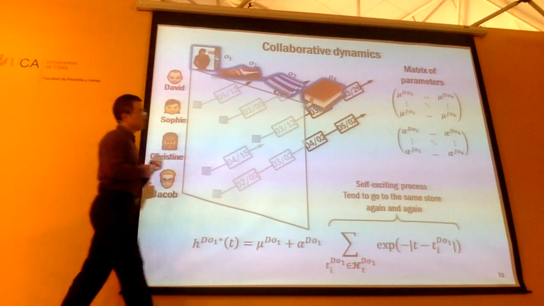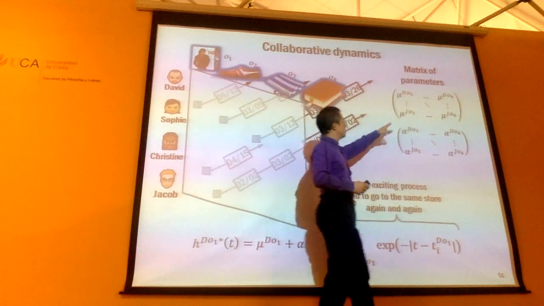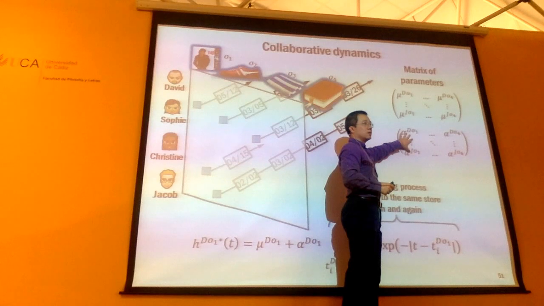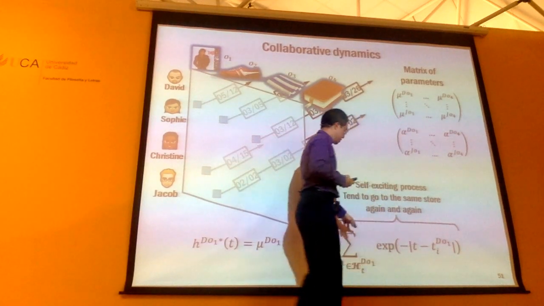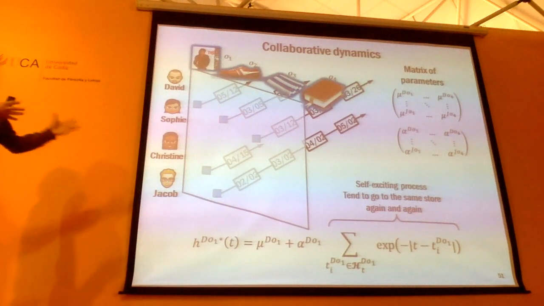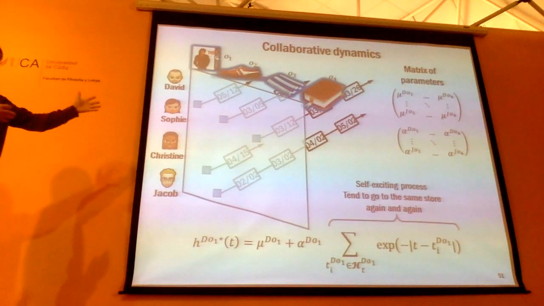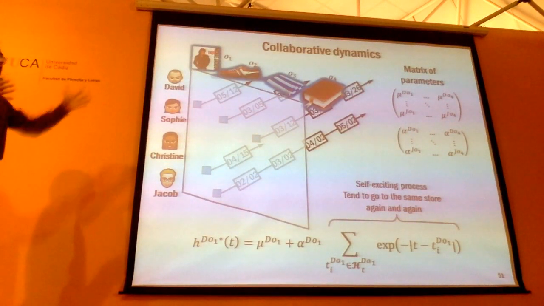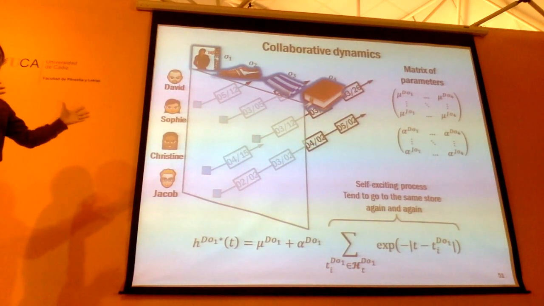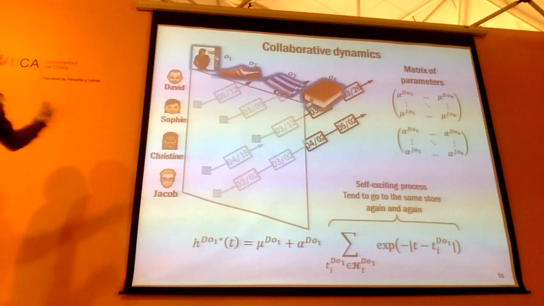The first matrix is going to correspond to this parameter in this Poisson process. The second collection of parameters is going to be all the parameters associated with this self-excitation term. Okay? Later on, of course, we will talk about how we actually estimate these parameters from the data. So you have this matrix of parameters, and if you don't apply some kind of regularization on them, it's going to be very hard to estimate them.